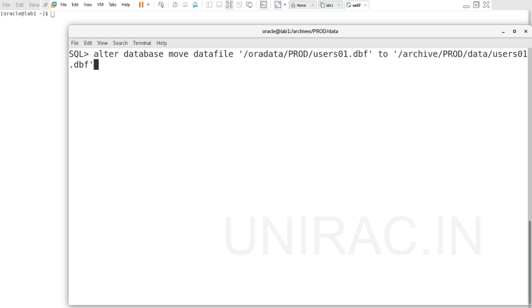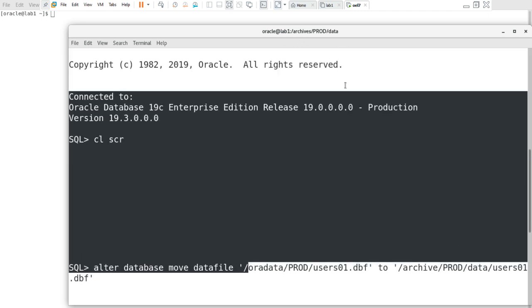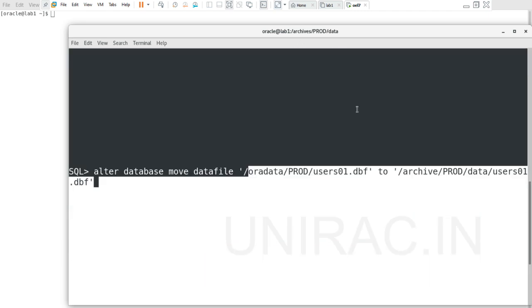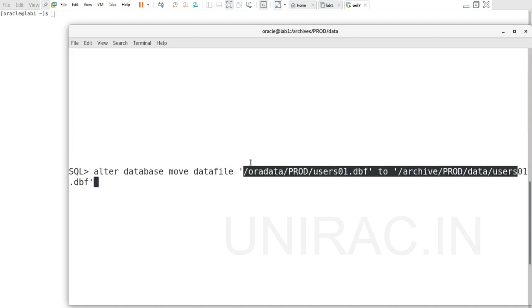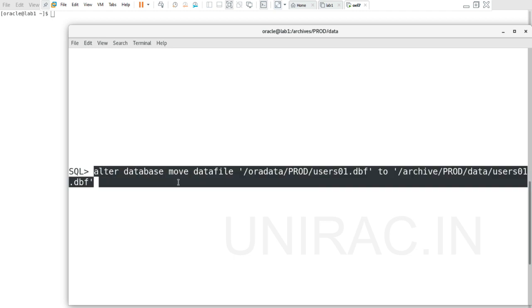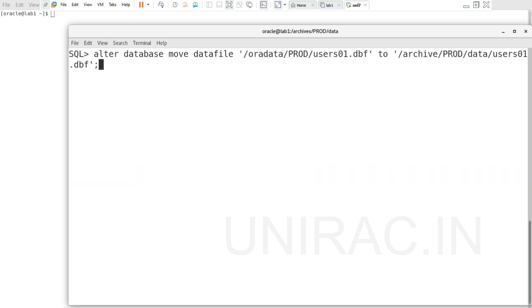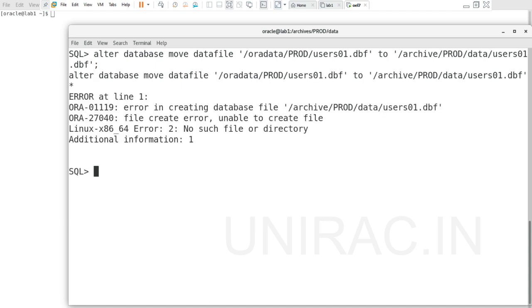So this is your target location. We have to ensure the naming conventions are perfect, and that the source and target locations are correct. Verify twice and twice. Execute the command.